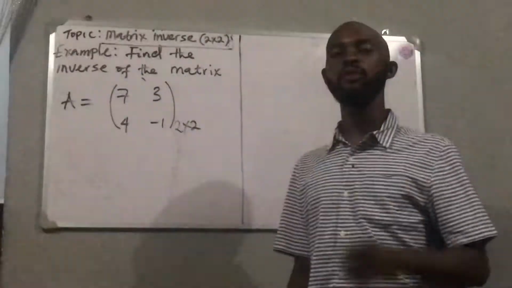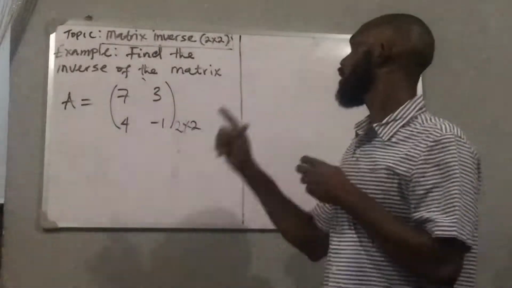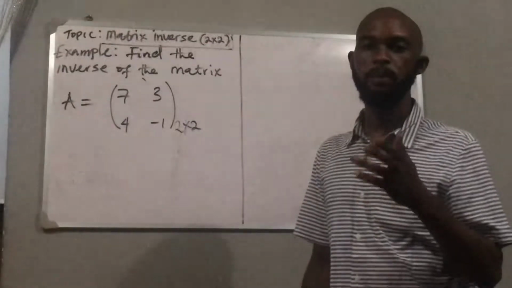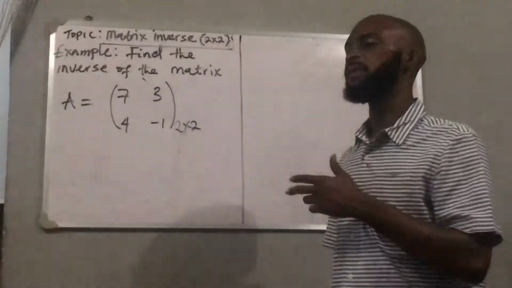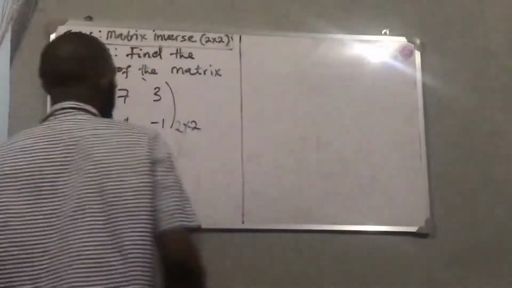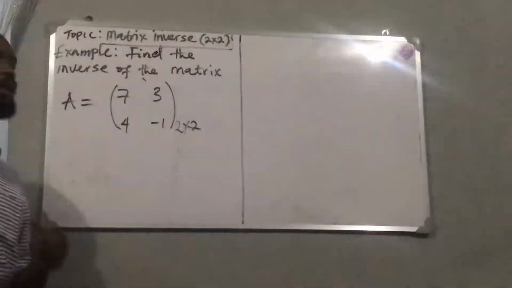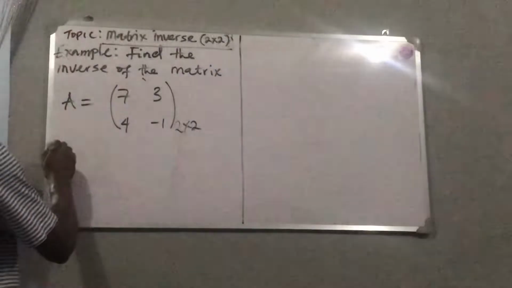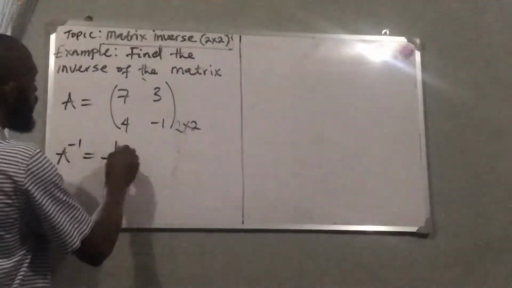Hi, remember I told you we have two methods of solving matrix inverse. Today I'm going to teach you the second method of solving matrix inverse. Okay, now if you need to solve matrix inverse, you can also use A inverse to be 1 over determinant